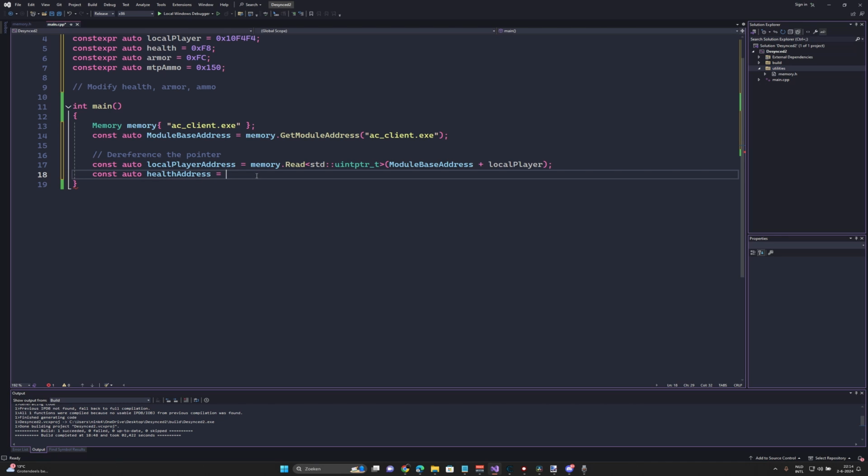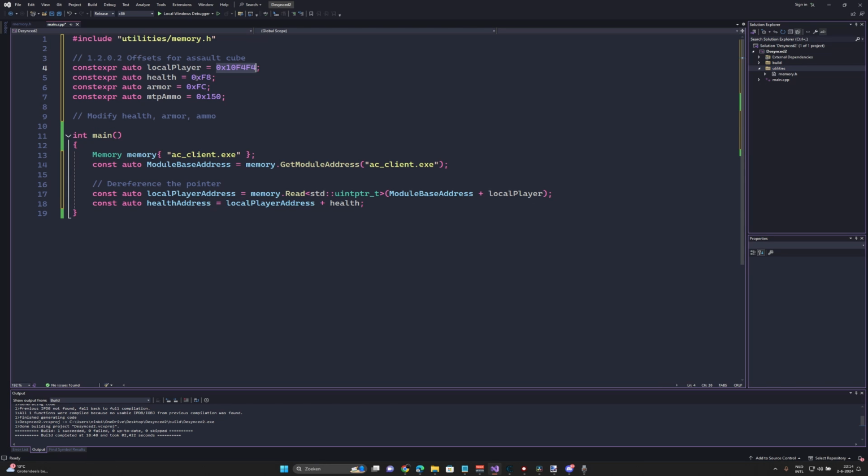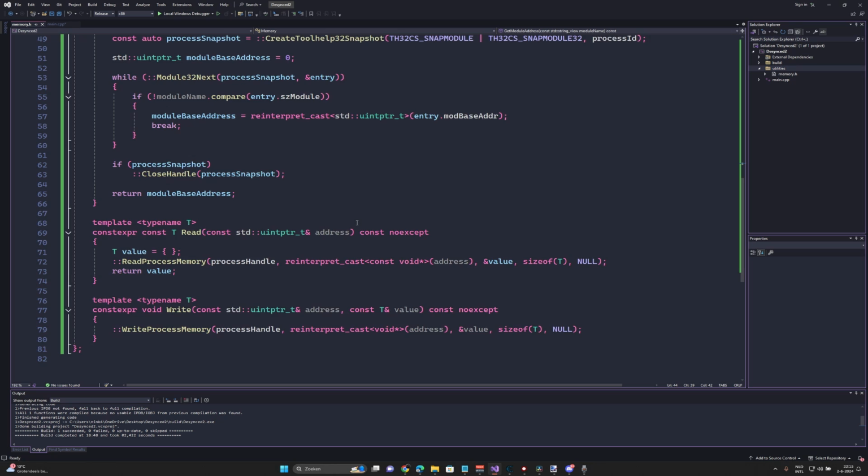And that's going to be the local player address plus the health offset. So this plus that. Okay, so that's the dereference pointer plus F8. And we have now defined the health address, and we can now use this health address when we're calling this